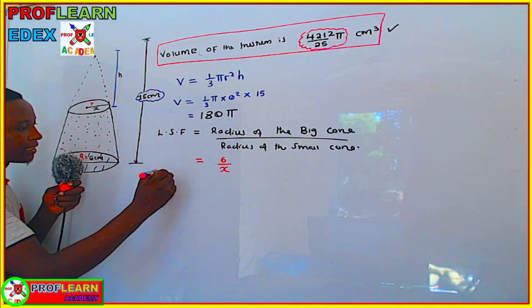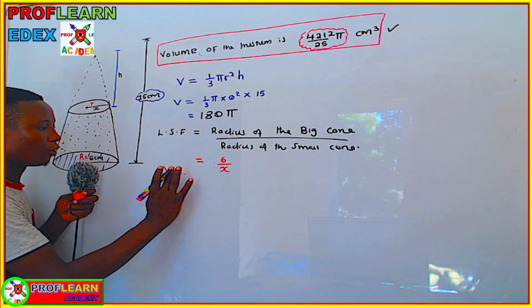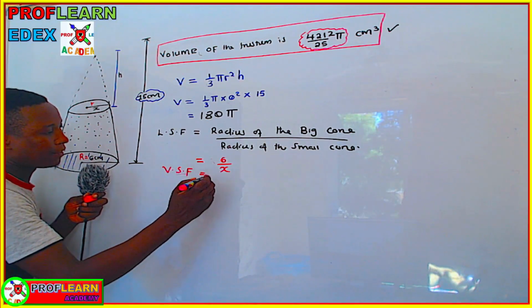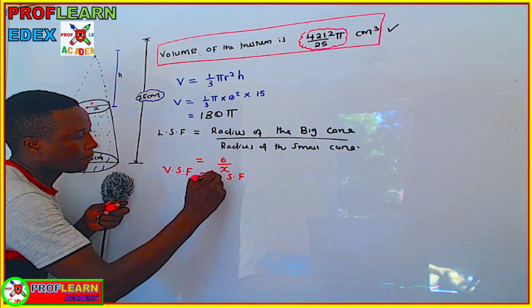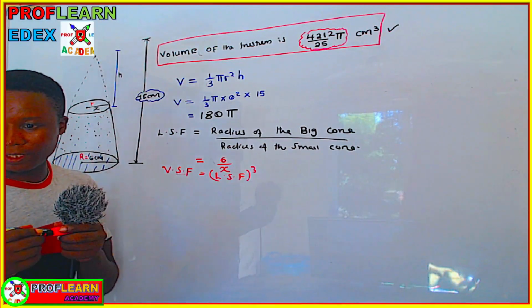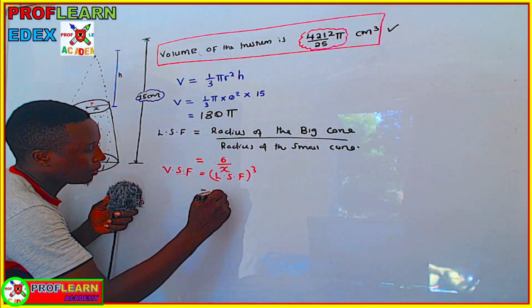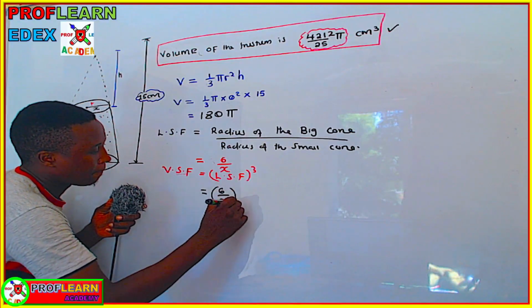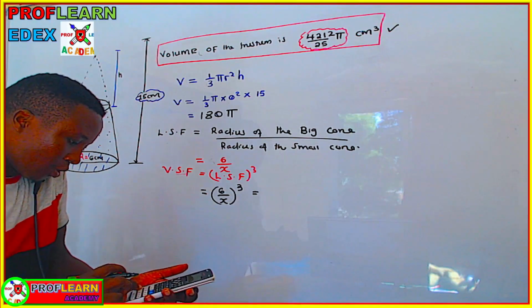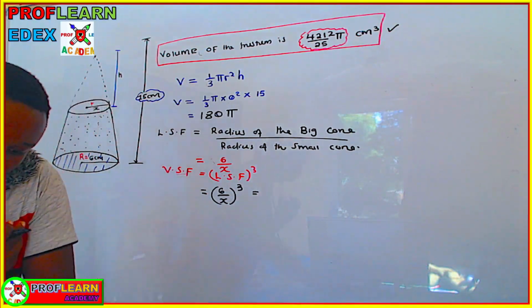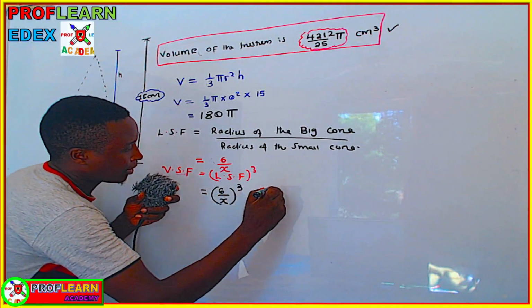Then from the linear scale factor, we can find the volume scale factor. And the volume scale factor is actually the linear scale factor cubed. That is how we get the volume scale factor. So in that case, it's going to be 6 over x, cubed. And if we cube this, let's see what we're going to get. 6 cubed is 216. So we can say the volume scale factor is going to be